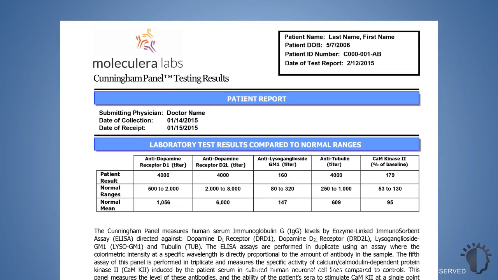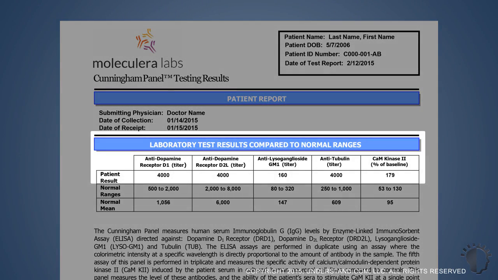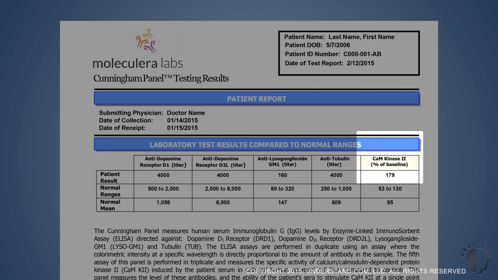The Cunningham Panel report includes the results from each of the 5 tests. The 4 ELISA-based tests measure the circulating levels of autoantibodies directed against 4 different antigen targets, and the results of these tests are expressed as titers, or final dilutions of each specific antibody. The 5th test is called the CAM kinase 2 activation test, and it measures the increase in activity of the CAM kinase 2 enzyme by the patient's serum when incubated with cultured human brain cells. The result of this test is represented as a percentage of CAM kinase 2 activity as compared to a baseline